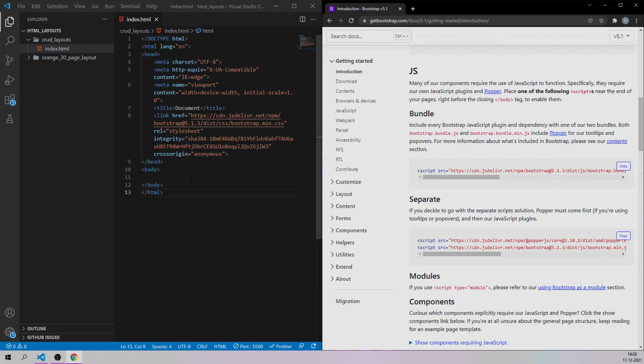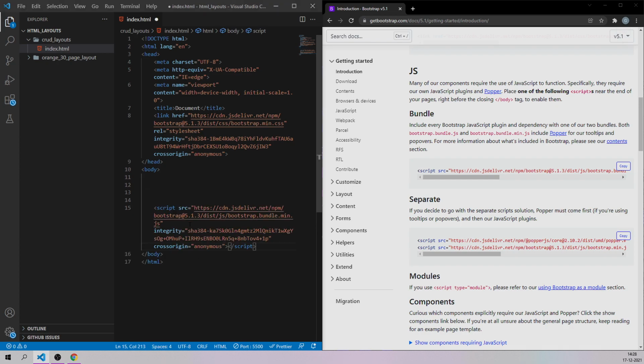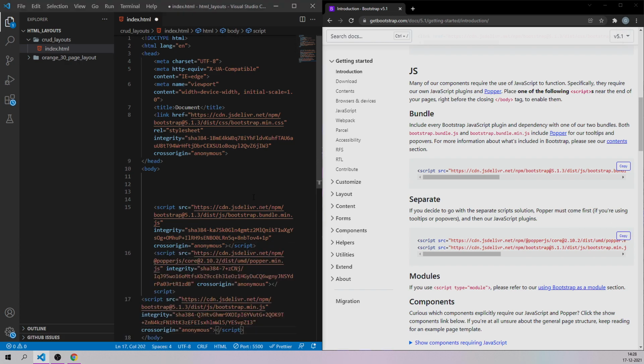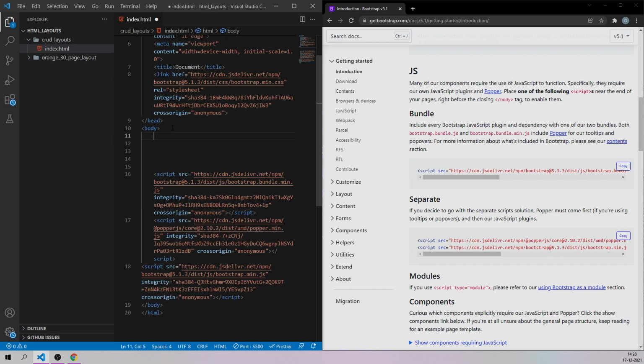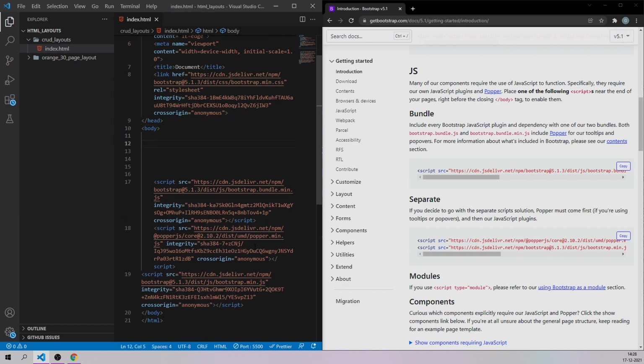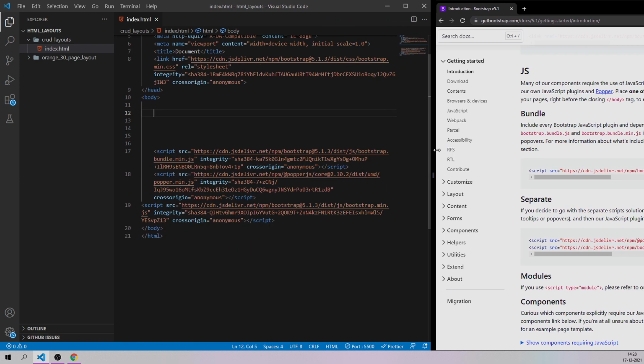First let me copy this, and this time we will have to keep it inside the body section just before closing the body section. Just like that, I'm going to copy these two also, and let's place it over here. Okay, and now whatever designing I'm going to do in the HTML page has to be above these script files. So this is the initial setup for having Bootstrap setup in your HTML page.